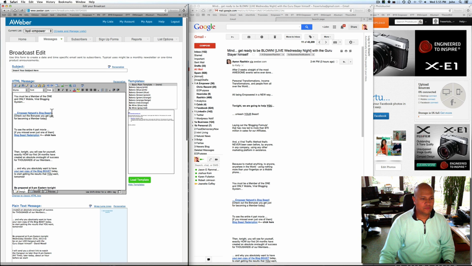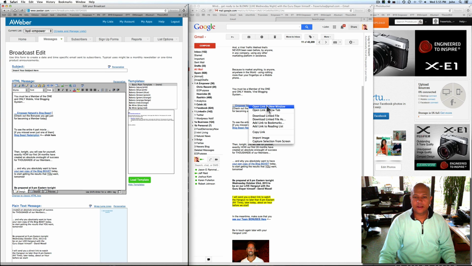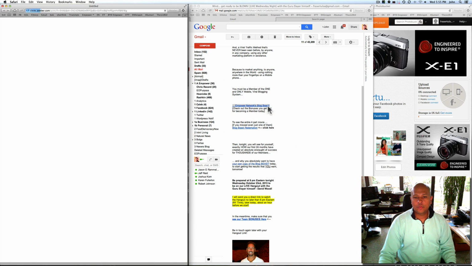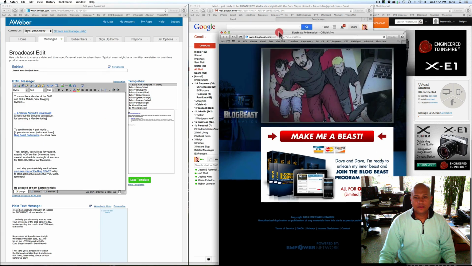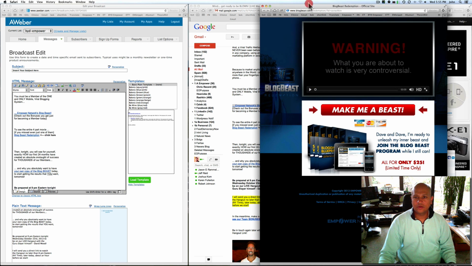And here's what you need to look for, these links. Okay, so I'm going to find the same link in my email. I'm actually going to right click on it. I'm making a recording at the same time I'm doing this so I can train people how to do it. I'm going to open the link in a new window, and if you notice at the top of this window, it says